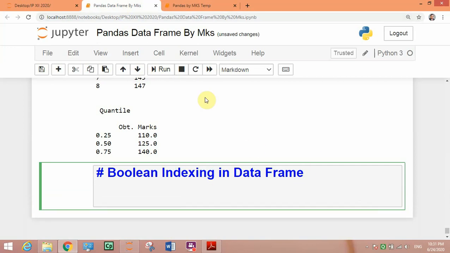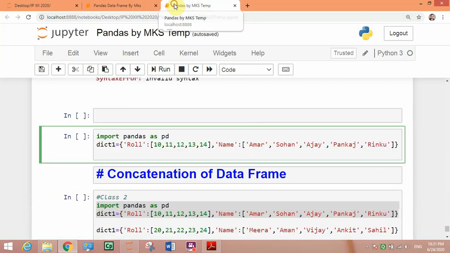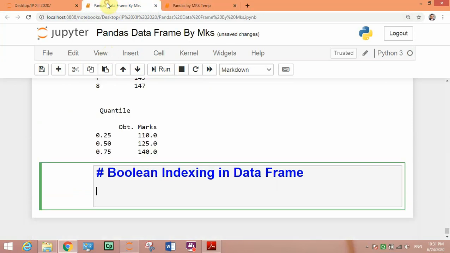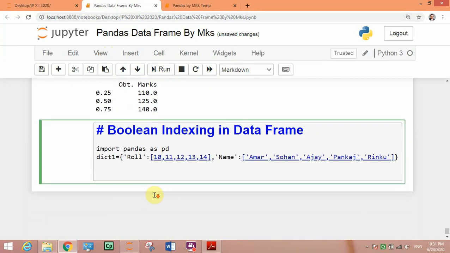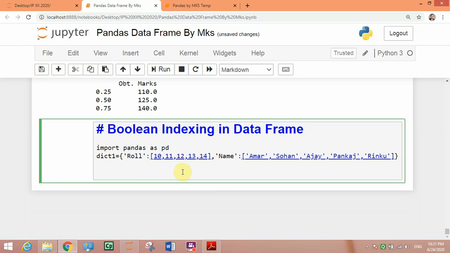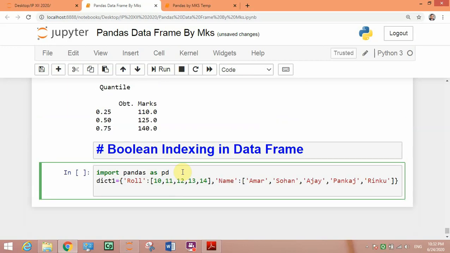For this I will take one data, so this is our data and this is dictionary.